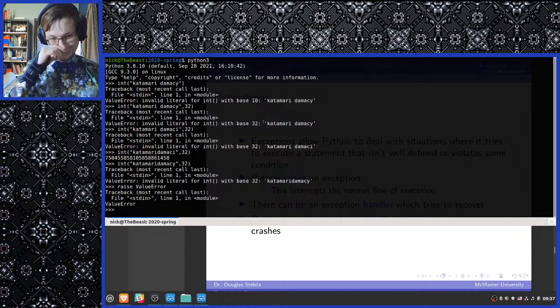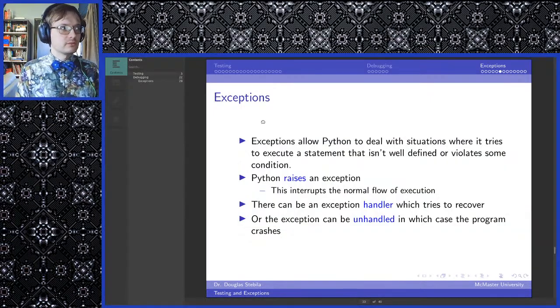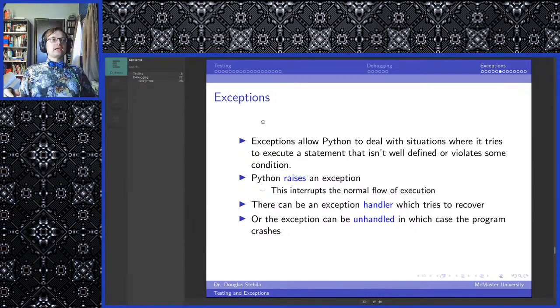Bing, bang, boom. You can insert this at any point in your code the same way that you would insert anything else. It has an effect that's pretty similar to a return statement, actually, because when you raise an exception, the program halts.